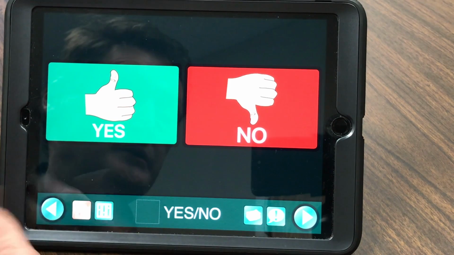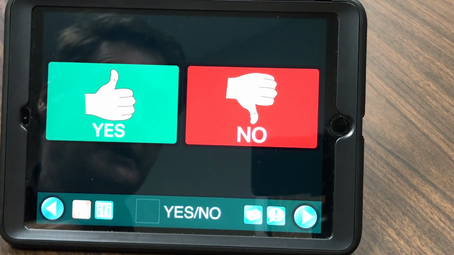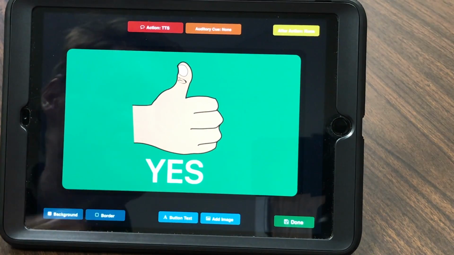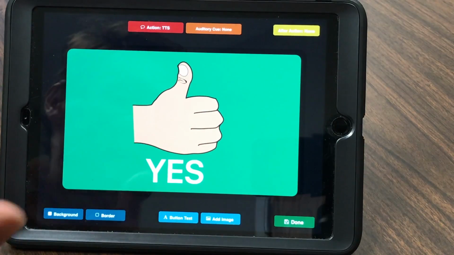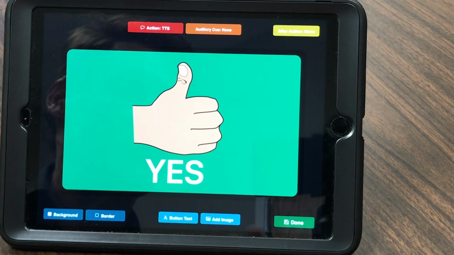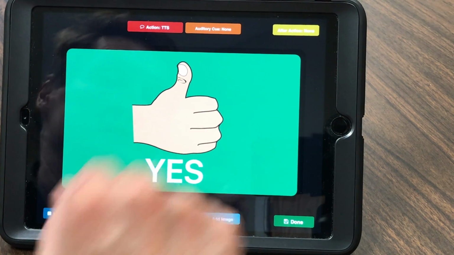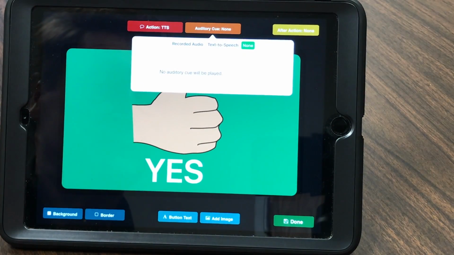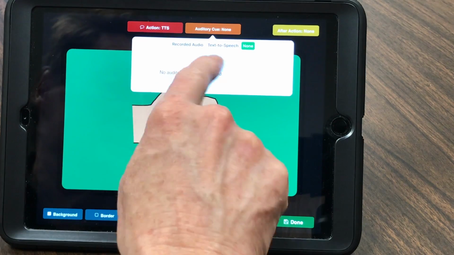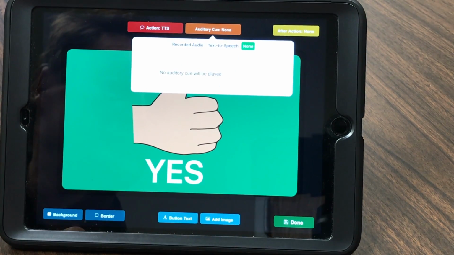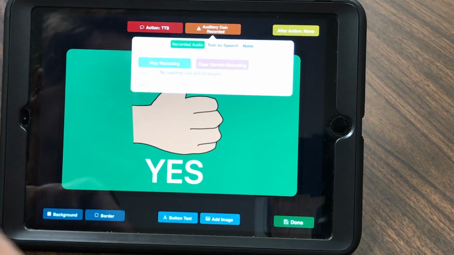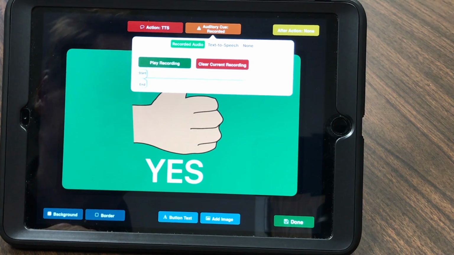Now I'm in edit mode. When I go into the yes button, it brings up the edit opportunities, and I could edit anything on that page: the image, the wording, the action. What I'm going to edit is the auditory cue. At the moment you see there is no auditory cue played. So we want to actually say yes, we want to record